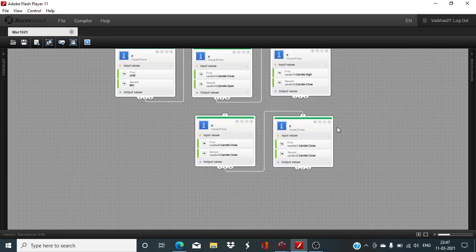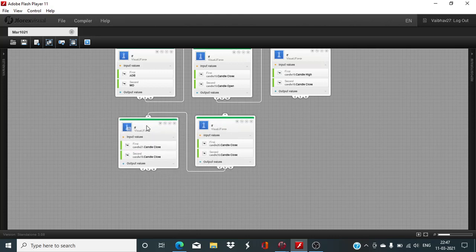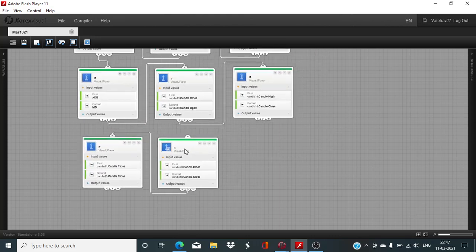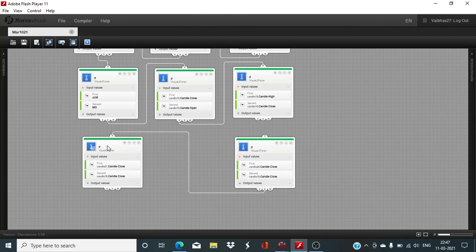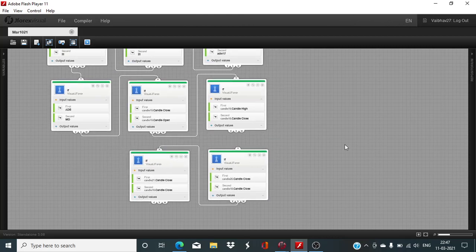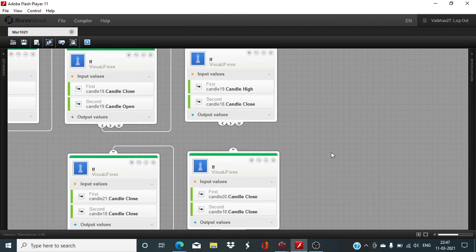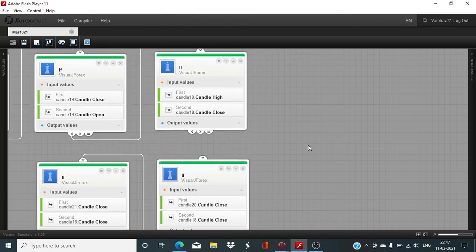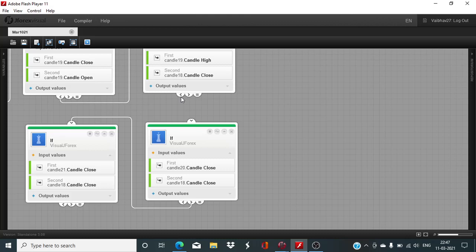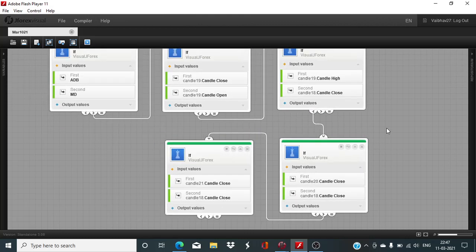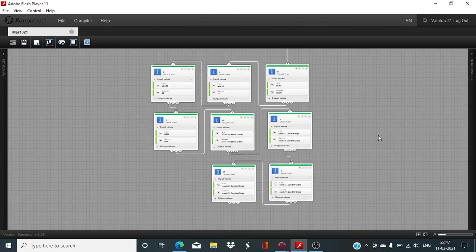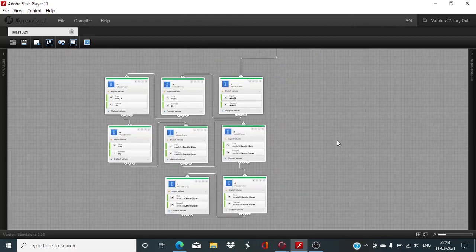So here candle 19 candle high needed to be less than the candle 18 candle close. So we have to join it like this. Alright, so we have defined all these 7 conditions which need to be in place for the execution of the